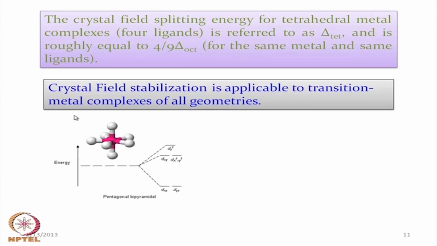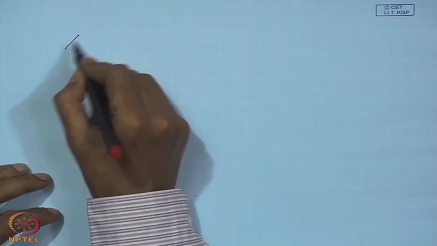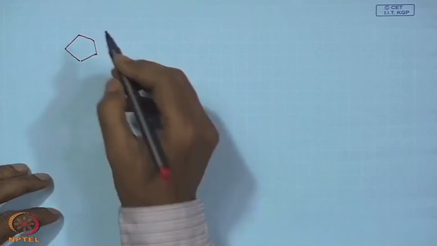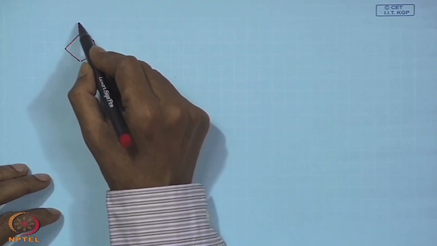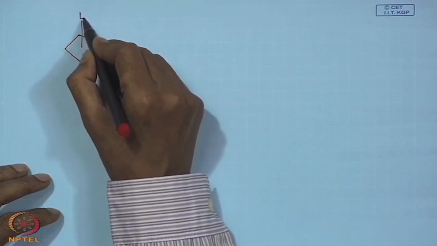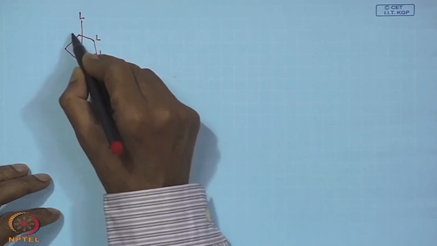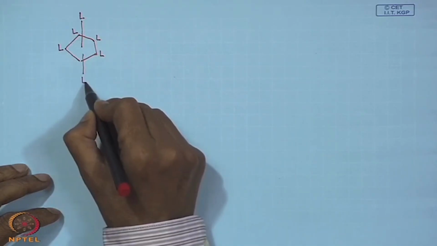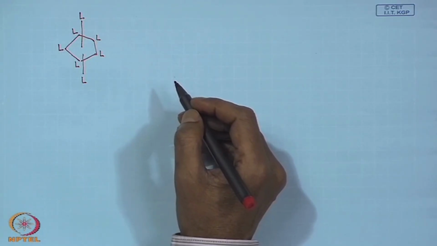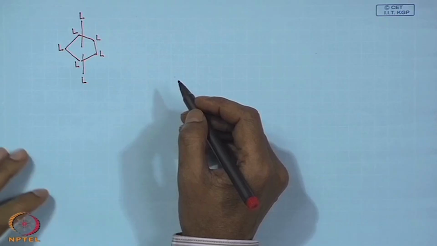So, if we have a corresponding pentagonal bipyramidal geometry, what we will find is that we have, in plane, a pentagon and one ligand above this pentagonal plane and one ligand below this. So, we have 5 plus 2, 7 ligands around the metal center, and we have therefore the corresponding interaction with these orbitals, that